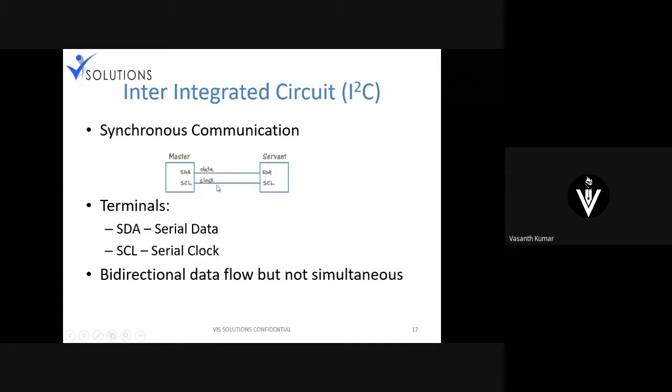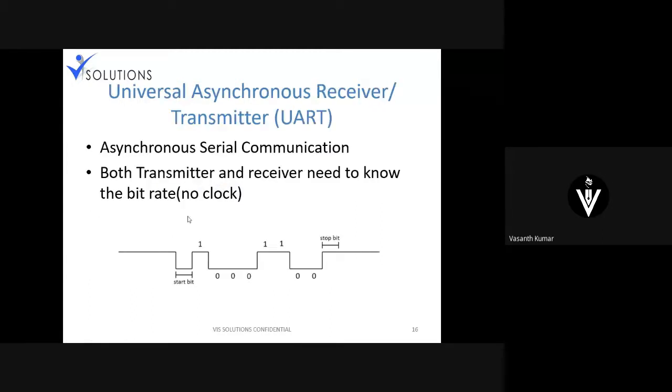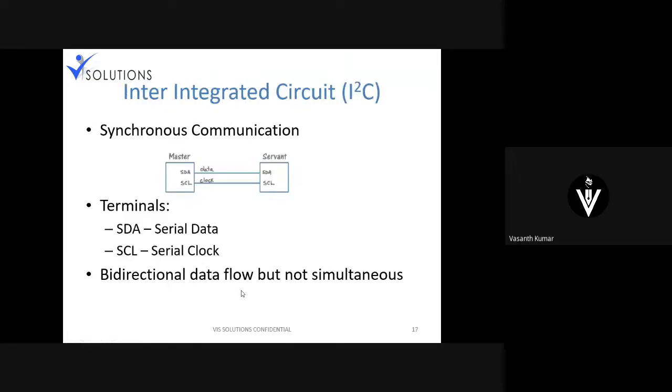What is a clock pulse? Nothing but when to transmit, when to receive. Previous time we were talking about the baud rate, right? In the previous application, we were talking about the baud rate. Now, since we don't know how much time a particular data is going to be there, we talk about how many data are going to come. And we'll also talk about what speed the data are going to come. So based on that, it will calculate the size of a particular bit. All right. It will say this is 1 bit, this is 1 bit, this is 1 bit. It will calculate. Whereas here you will have continuous clocks.